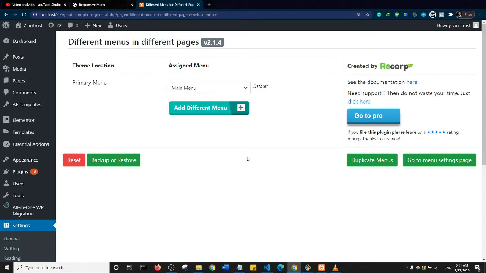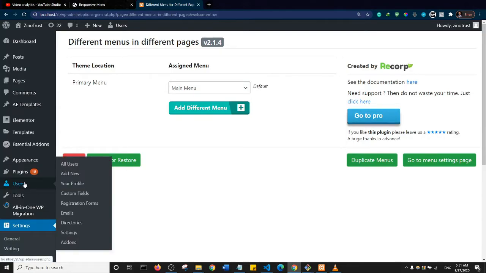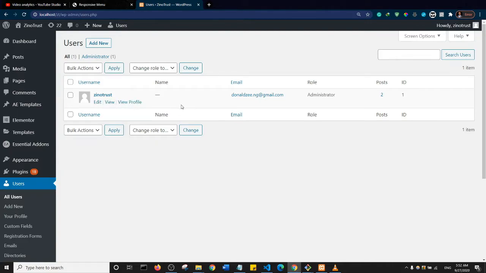Alright, now what I'm going to do is create a different user and place that user in a different user group. Okay, that's the only way we can see the plugin at work. So I'll come to users, and first of all let me even see all the users I have. Okay, so there's just one user, the admin user or the administrator. So I am going to click on add new user,